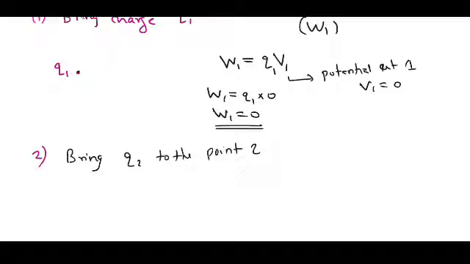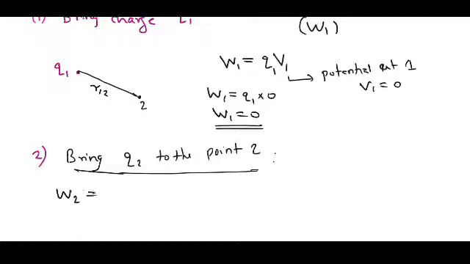I fix this point 2. That is, the distance to the point 2, I denote r12. Then to bring this charge, we need to do a certain amount of work. Let me denote that work as W2. That is, W2 is the work done